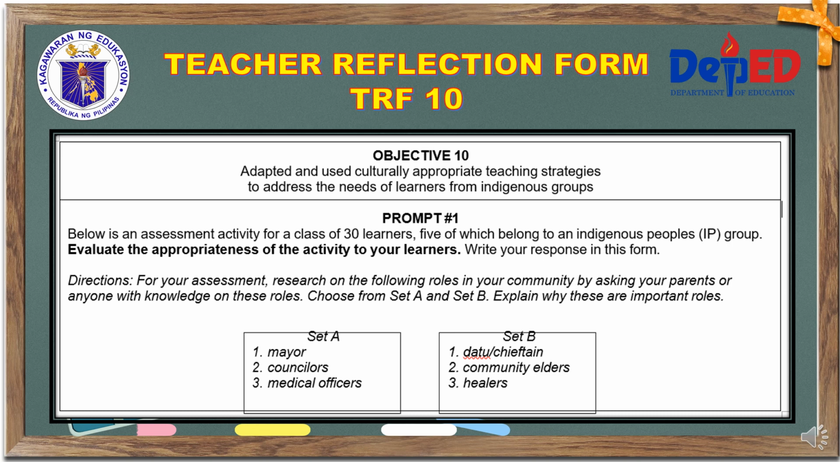And the directions here for your assessment, research on the following rules in your community by asking your parents or anyone with knowledge in these rules. Choose from set A and set B. Explain why these are important rules. So mga ka-friendships, sa Objective 10 po,